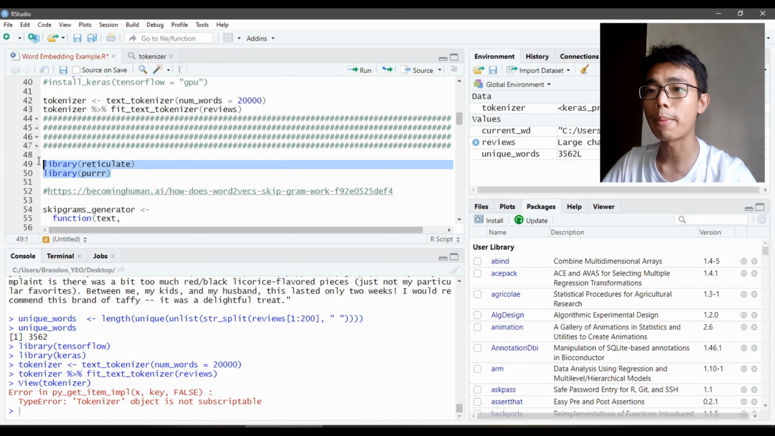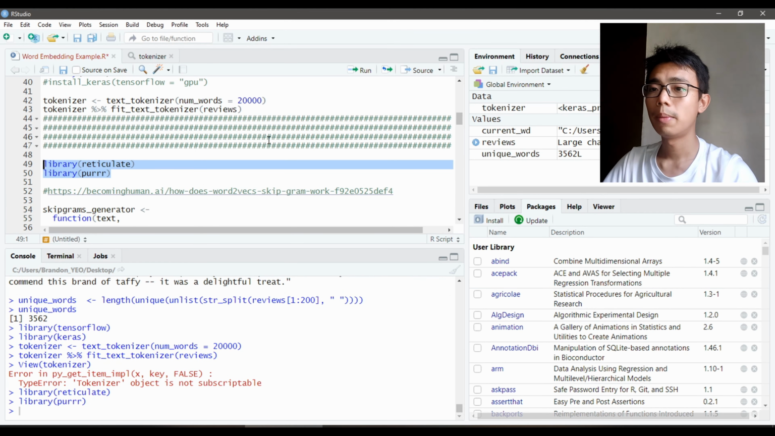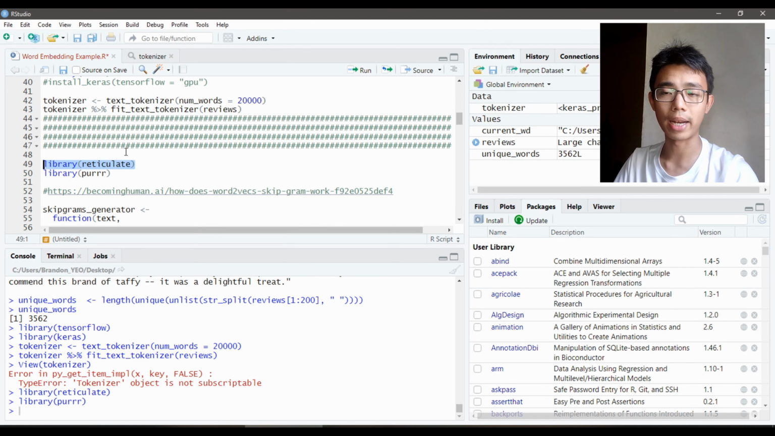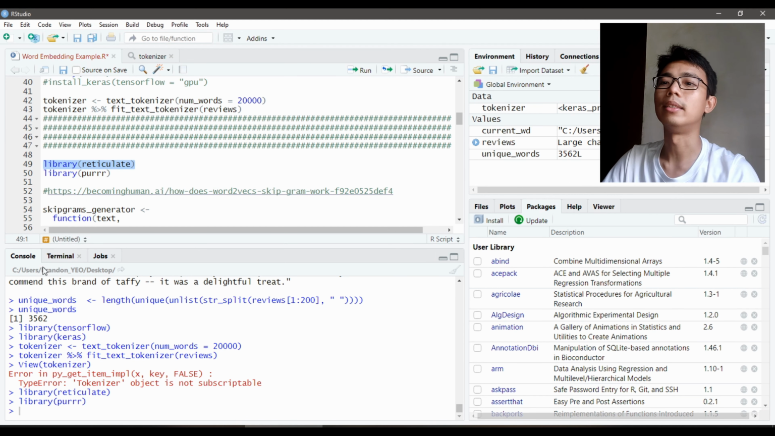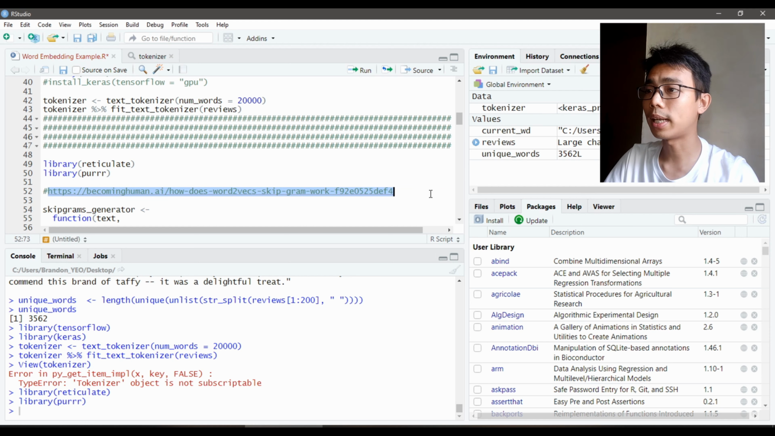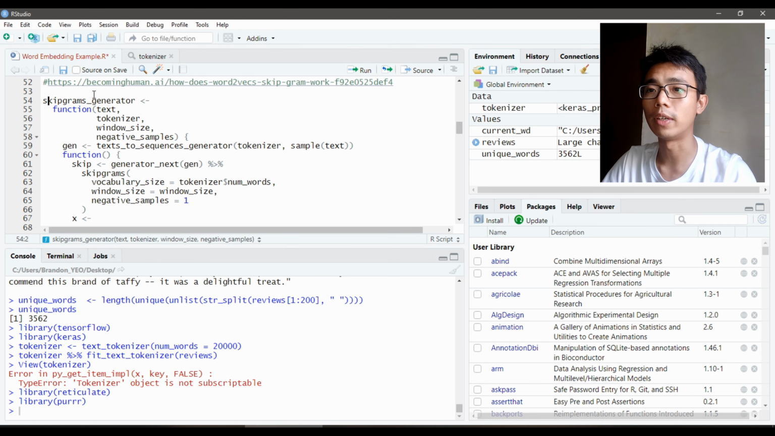So the next two libraries that we include are reticulate and purrr. We need purrr for the map function, and reticulate allows Python to be run within the RStudio environment. It's kind of like, I don't want to say emulator, but it's kind of how you pipe Python code into R, and some of the functions and so on. So the next one I want to talk about is the function over here. It's called a